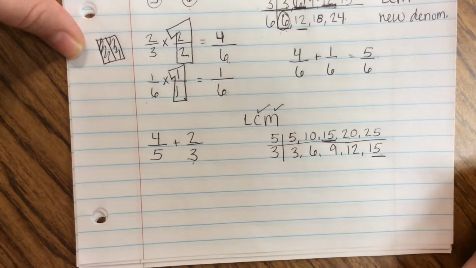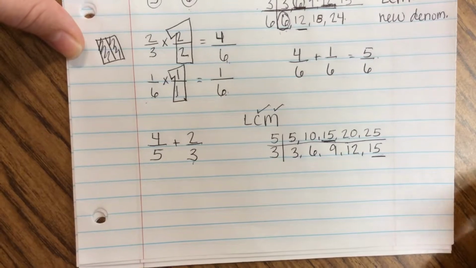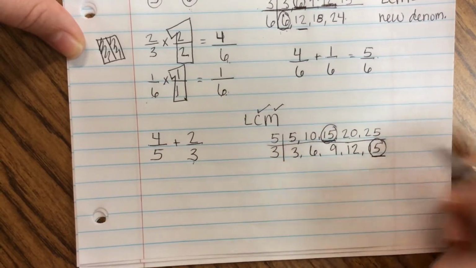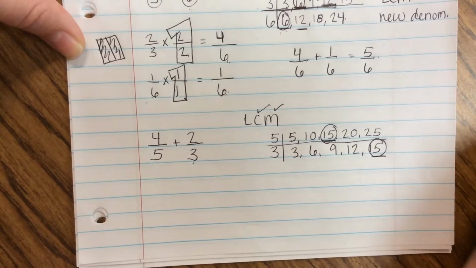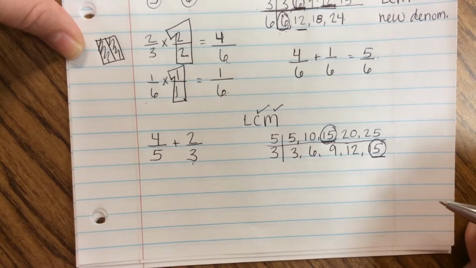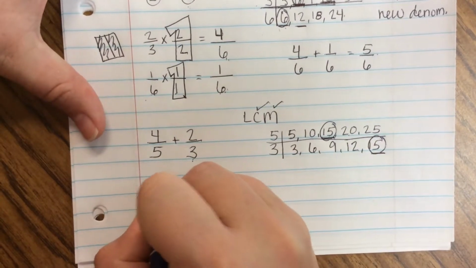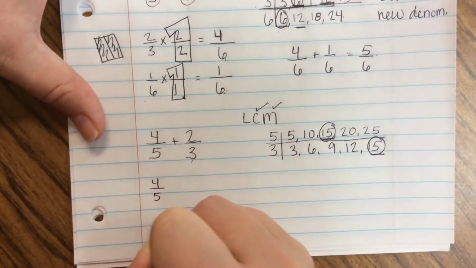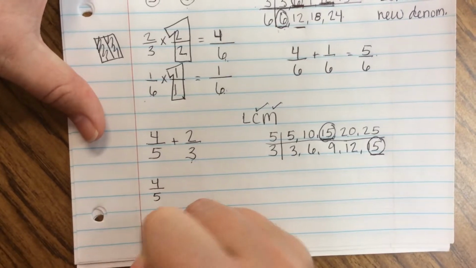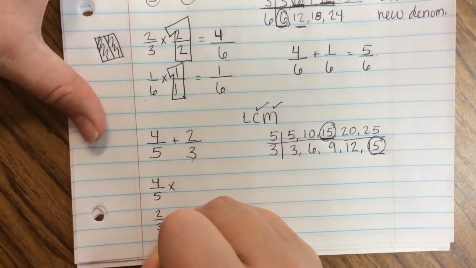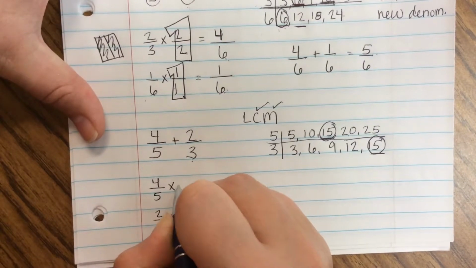Now I'm looking to see which one is my least, my lowest. 15 would be my lowest common denominator. Remember that my LCM becomes my new denominator. So I'm going to take and rewrite my original fractions. I'm setting up my equation to find